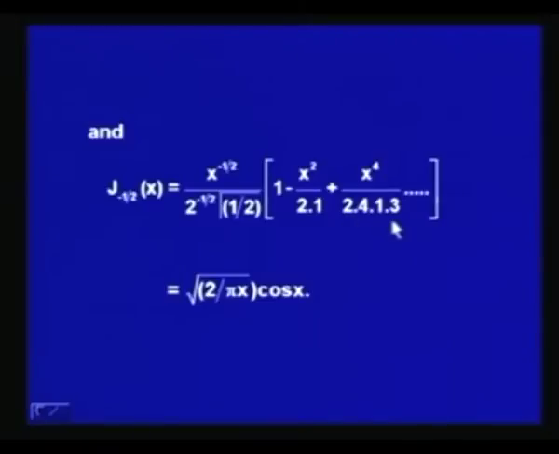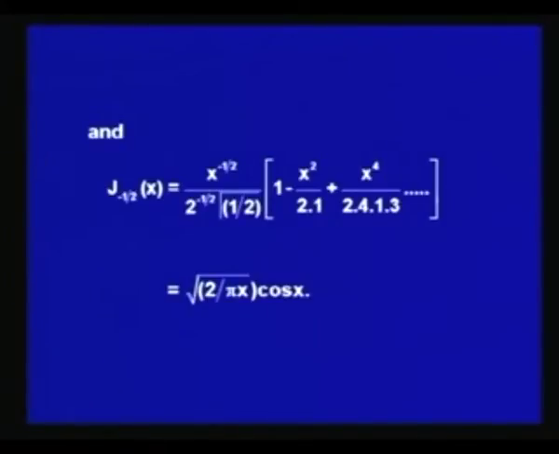The expression inside the bracket, as you can see, is the expansion of cos x. It is 1 minus x square over 2 factorial plus x to the power 4 over 4 factorial and so on. So, J minus half x can be expressed in the closed form as square root 2 over pi x into